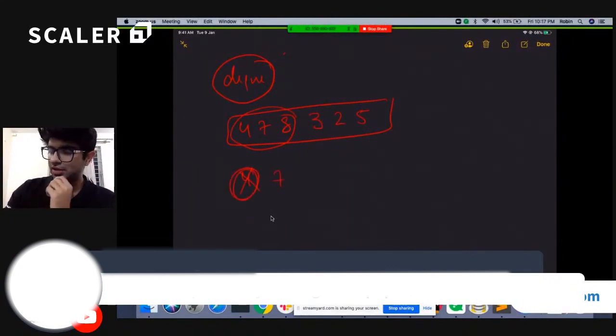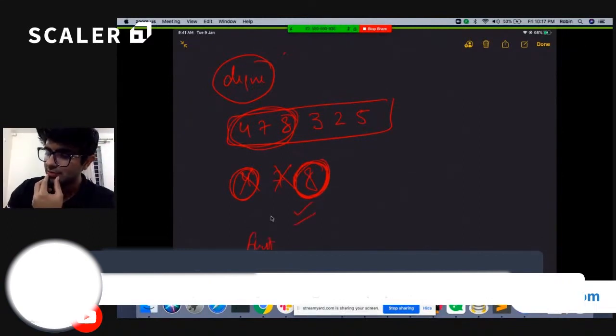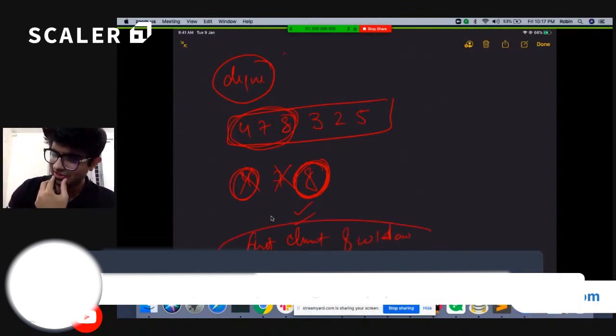So I put 7, and it is of no use either, so I remove it. I put 8. Now I end up with the window. What will my answer be? It will always be the first element in the deque, isn't it? Because of the way we are storing the data, the first element of that window will always give me the answer. So if we do it that way, we can get things done. That's cool.